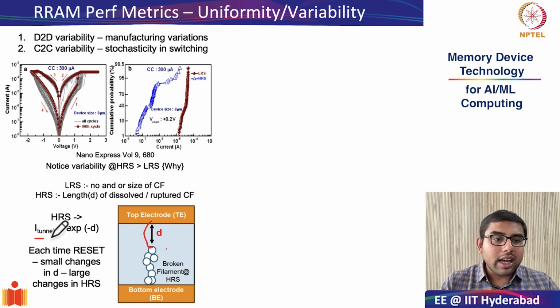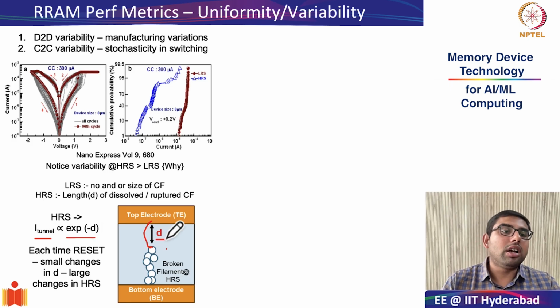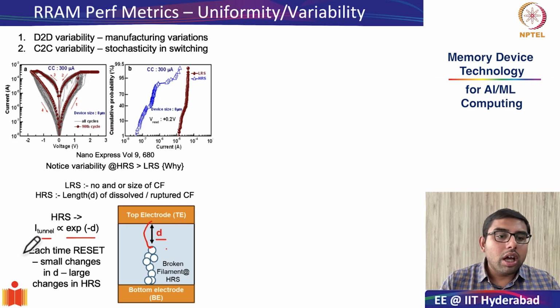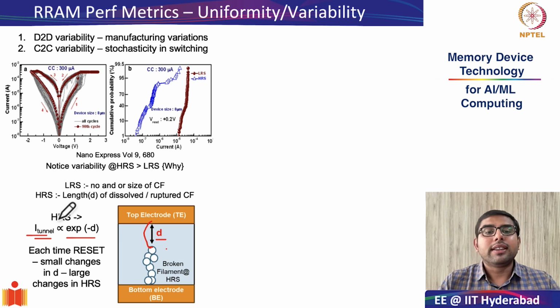And since tunneling current is an exponential function of this distance, even a little bit of change in D will result in large changes in the tunneling current, and therefore we see a high amount of variability, because every time there might be small differences in D